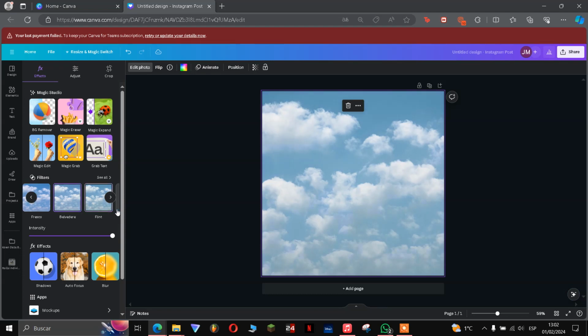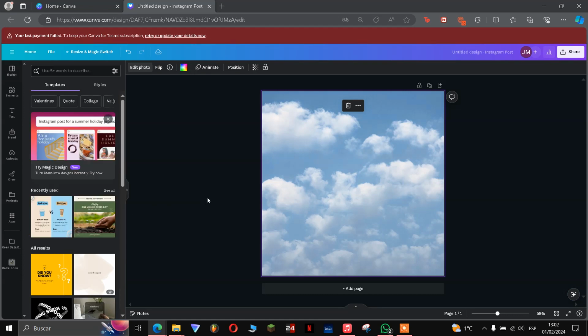You can use them to make the picture look better and the way you want it to look. But I'm going to show you a different tool which might be better depending on the project. So I'm going to just leave this image here, and then when you have the image,